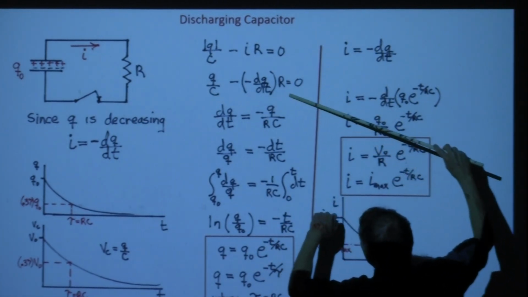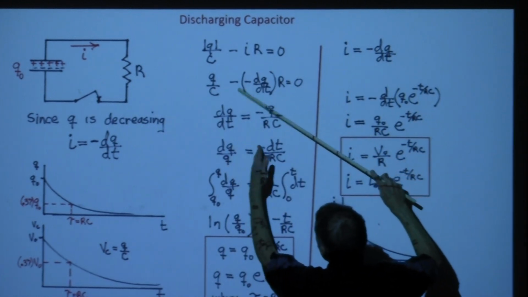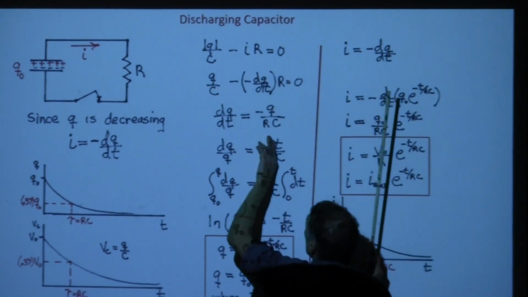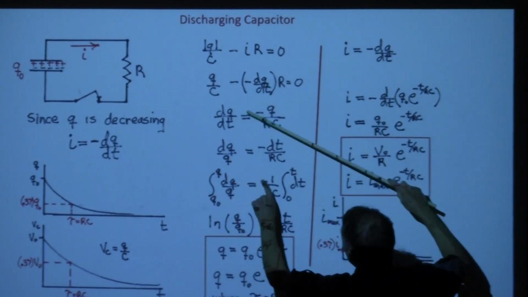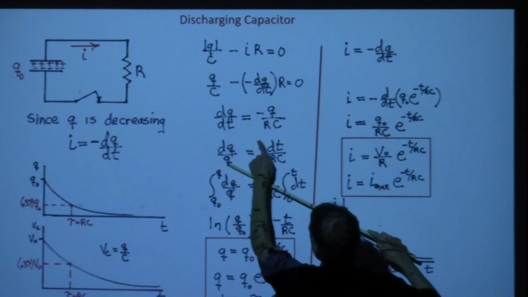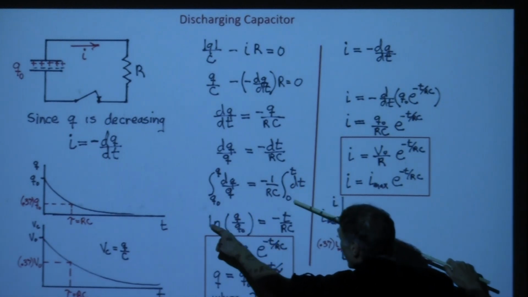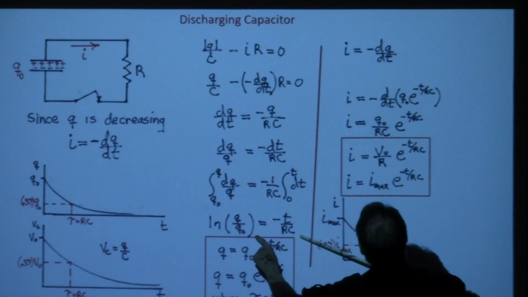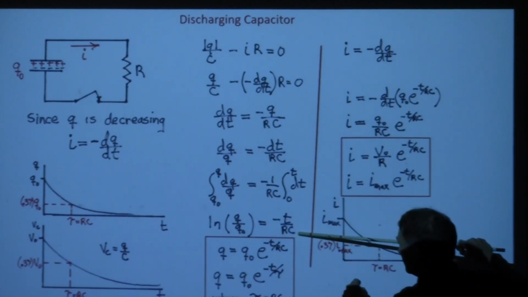So we've got this side. I'm going to separate variables again. I'm going to get my Q's on this side and my T's on this side. So I take this Q, I have a dQ, bringing Q down. I'm going to bring the dt up on this side, and I can integrate that with a natural log again, and we end up with